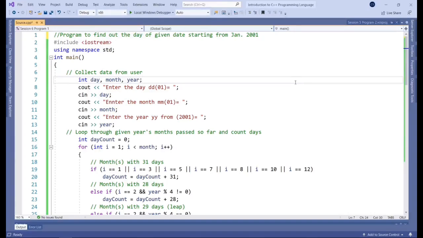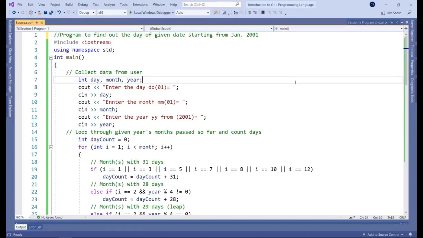Loops in general are a very important part of programming because they allow us to give a singular instruction to the program and then have the program repeat that instruction as many times as we want it to. And then throughout, you can hold variables within that loop that hold, for example, the updated sum of a count. So I think the best way to understand loops is to actually look at a real example.